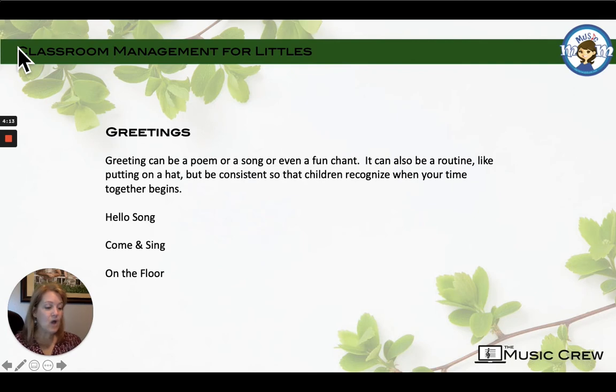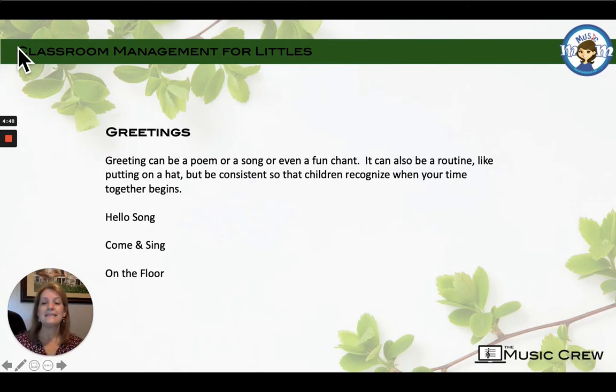Another one is called On the Floor. This one goes like this. In the circle, let's explore. Find your spot on the floor. Okay, so you have other words too. You have other verses that can help. This one also says high and low, tap, tap, tap. Hear my rhyme, tap, tap, tap. Stand and go, tap, tap, tap, to table time or to class time. However you need to transition them with that song.